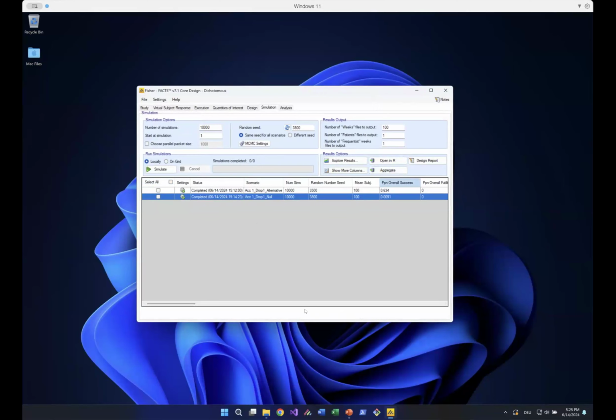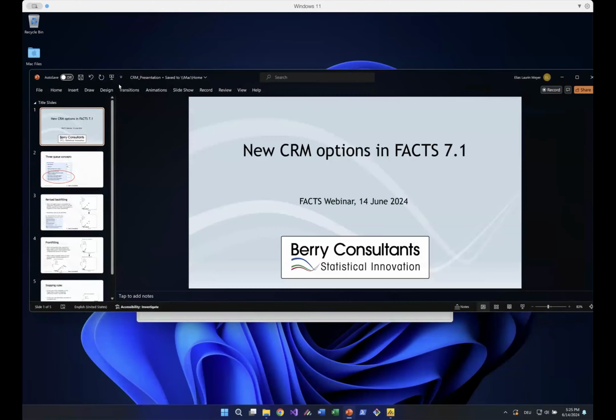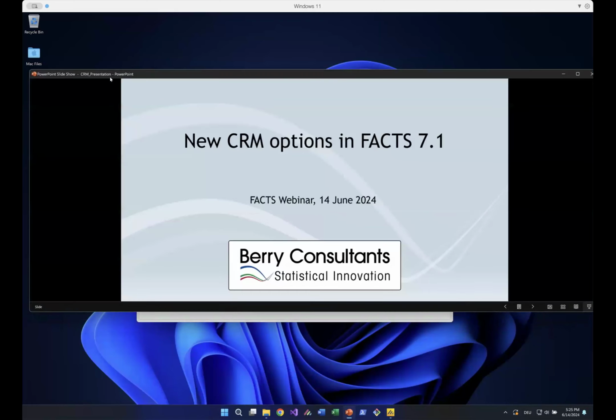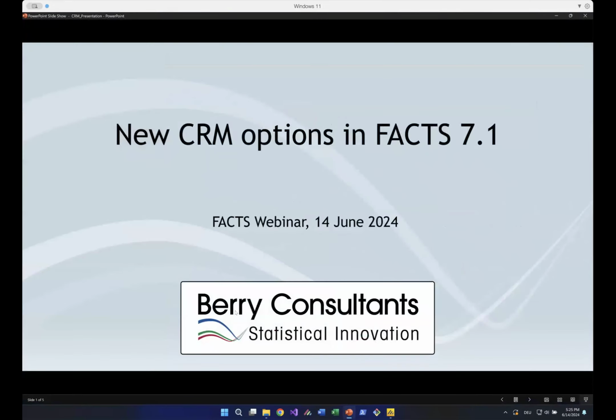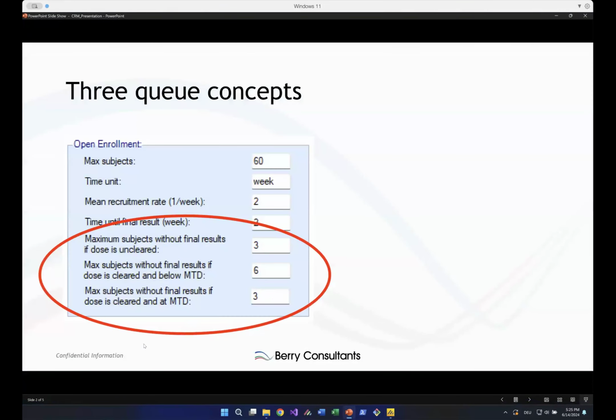Okay, that's it for the dichotomous endpoints. The next thing I want to mention is that we've made some updates to the CRM dose escalation engine. For this, I'm going to firstly bring up some slides. I will show this also in FACTS later, but one